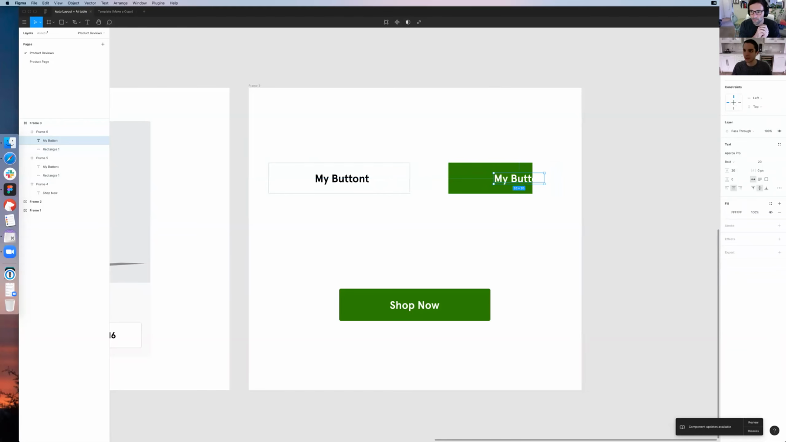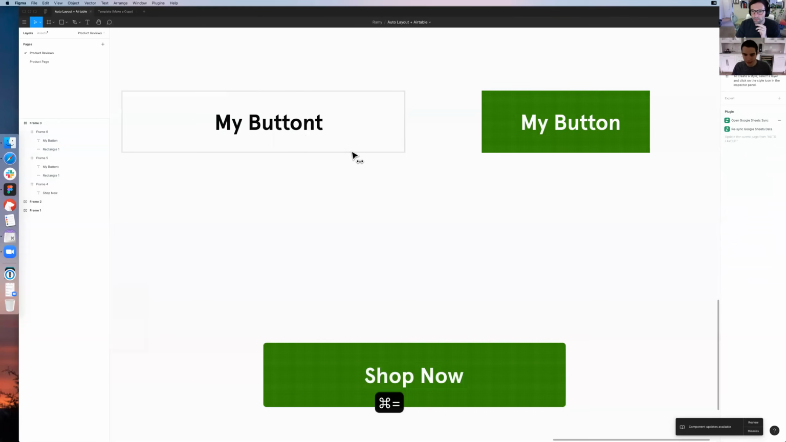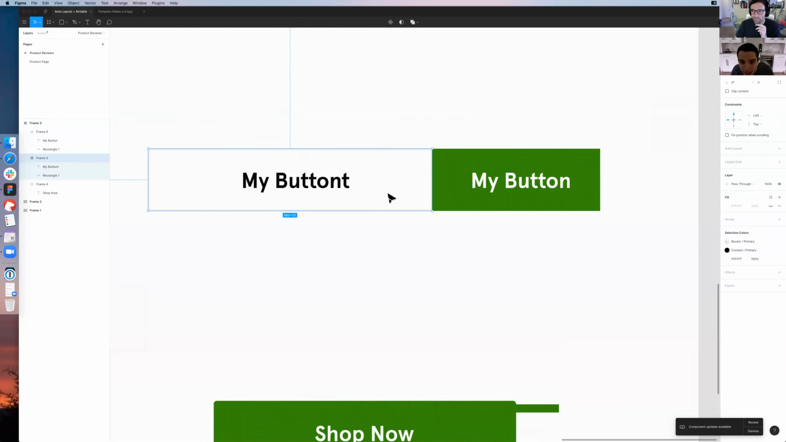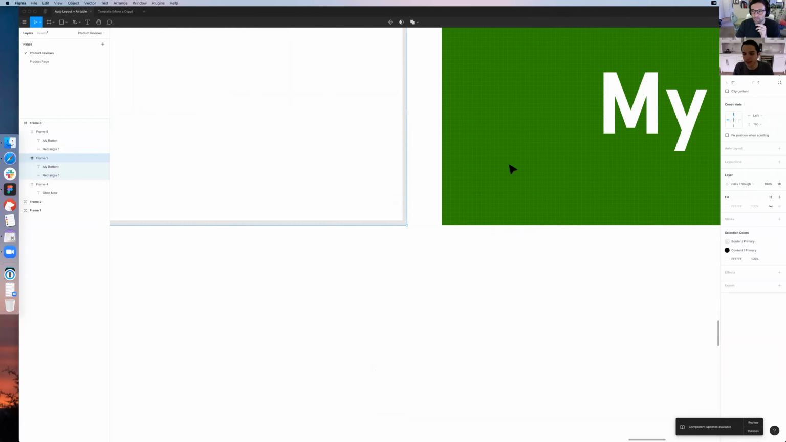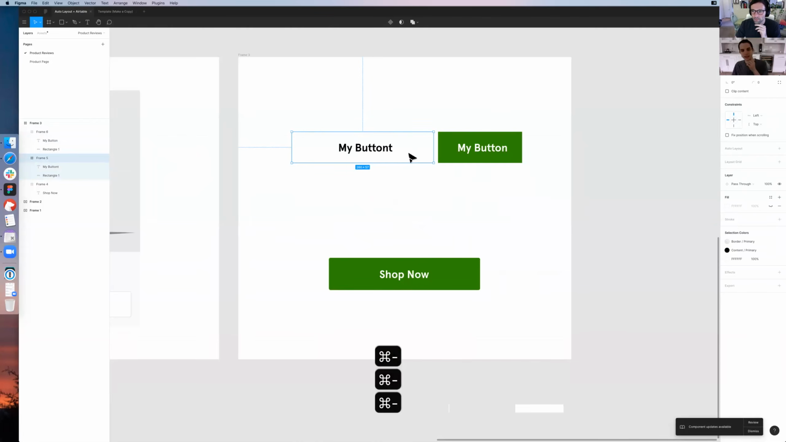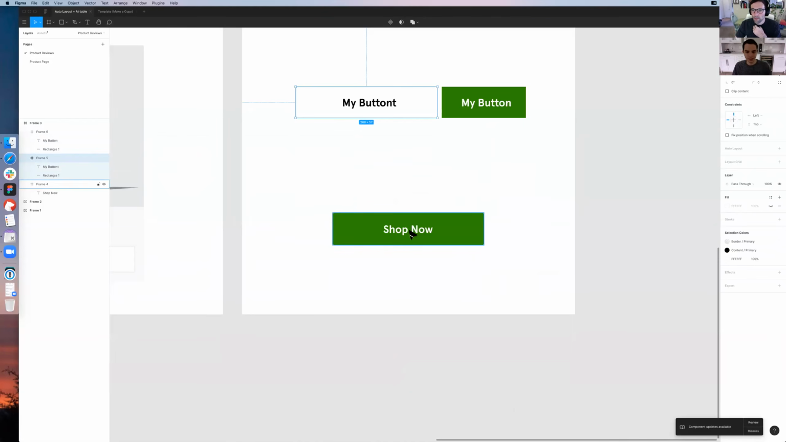They're completely independent. So we would basically have to spend a lot of time just resizing stuff and making sure it's aligned in the pixels and everything. So it's a lot of work to make something that's seemingly basic. So what auto layout does is, if I go back to this button